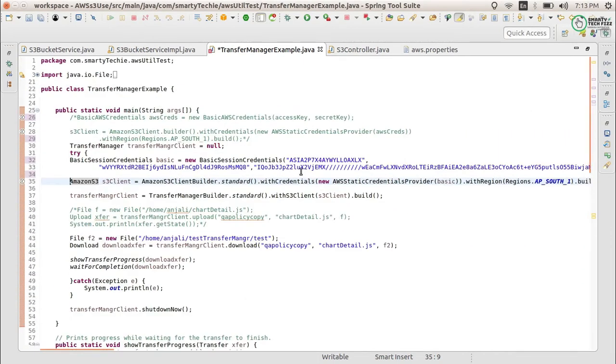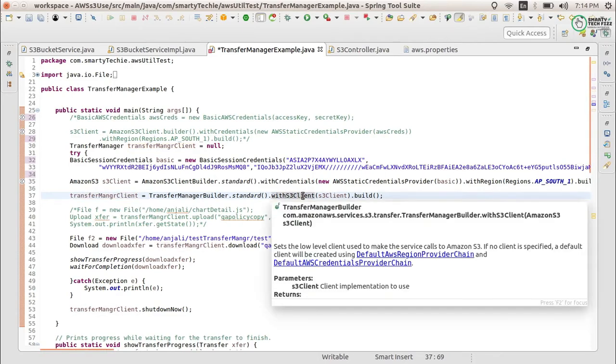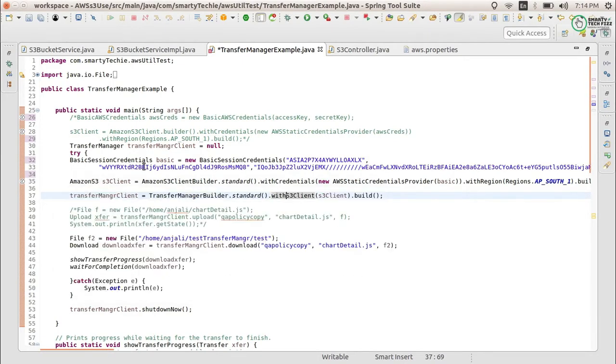Now after this our work starts. Firstly you need to create the object for the transfer manager. Obviously we are doing the transfer manager work here, so firstly we need to create the client for that. If you have created the S3 client, just set the transfer manager client using the S3 client. It will use the same S3 client which you have created earlier, like this. So I have the S3 client here, I just provided it here and then built.